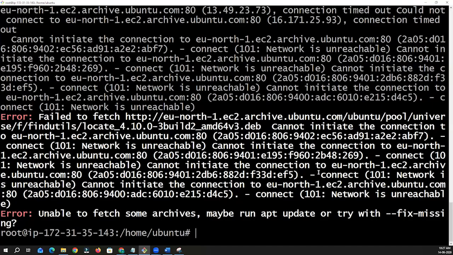apt install will only work. It will fetch your files from the internet only. It will not work for a local installation, a local file. For a local file, you have to unzip that particular file and then run it. So first you have to bring that file from the internet to over here, and then you have to run it. So for example, if you want to do that thing,